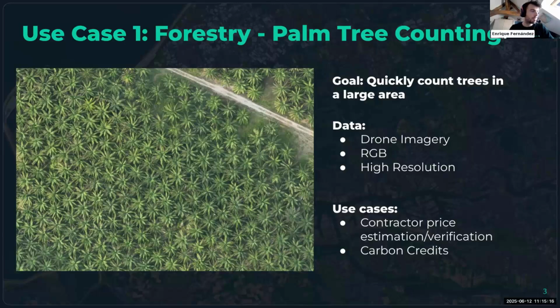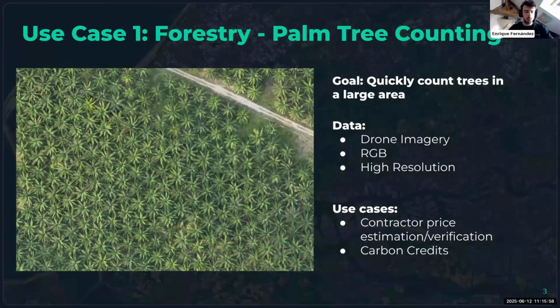There's another reason why you might want to count trees, and that's carbon credits. Farmers can apply for these carbon credits, and they serve as a means to compensate for CO2 emissions. Depending on the size of their terrain and the amount of biomass in that terrain, they can get more or fewer carbon credits. Then governments or companies can purchase them to compensate for their CO2 emissions so that they can meet the CO2 emission rates that are prescribed by laws.